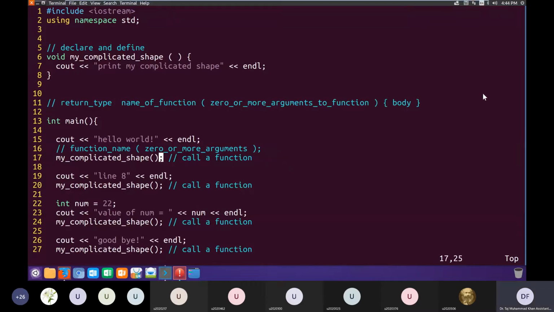Are spaces allowed or not in assigning a name to a function? No, it's the same as variable names. You can't have a space within the name of a function. You can have alphabetic characters, numerical characters, and you can have underscores in the name of the function, but you can't have spaces.